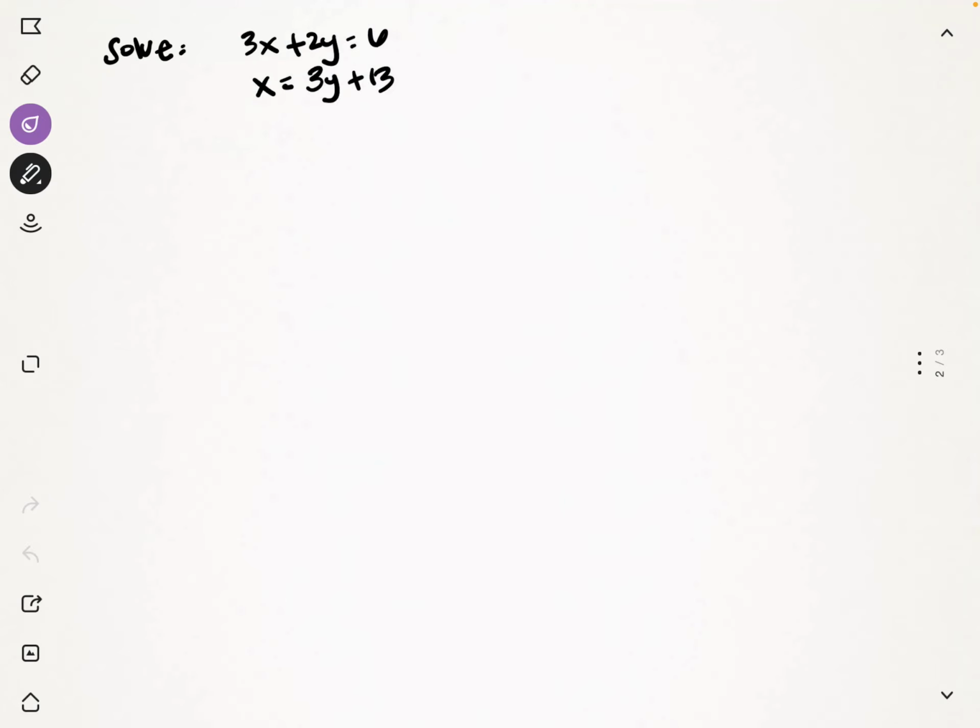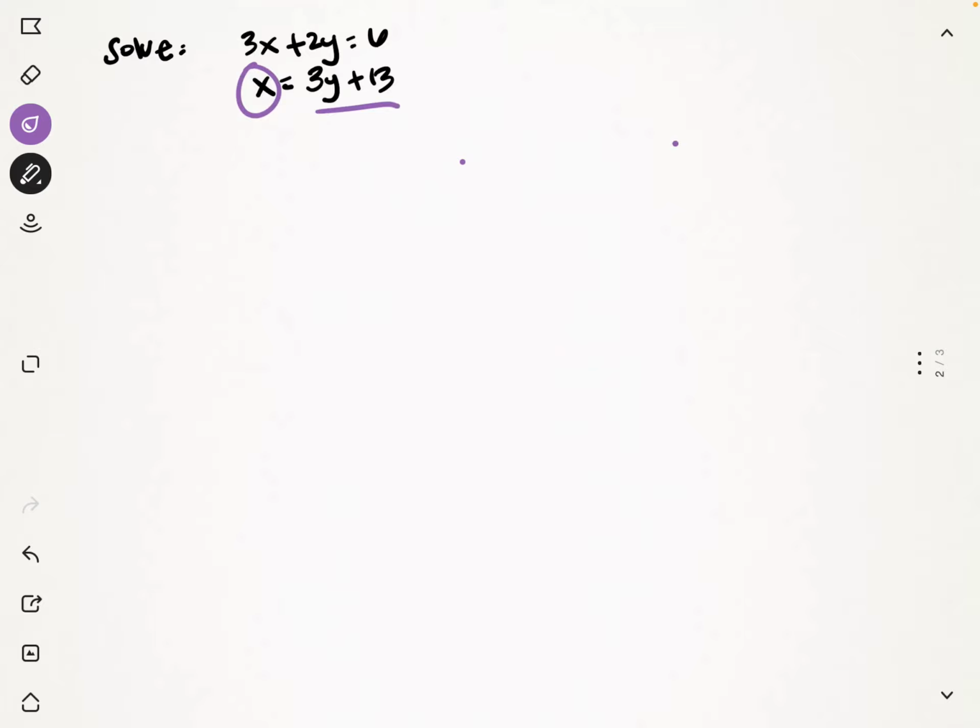Okay, so solving using substitution. This time they're giving us our equation. They're not giving us points. We're going to have to find the points that make our equations true. One hint: if you're not given a specific method to solve, one thing we look for is if we have a variable that's equal to everything else, so just an x equals, a y equals, whatever variable you have, this is a good